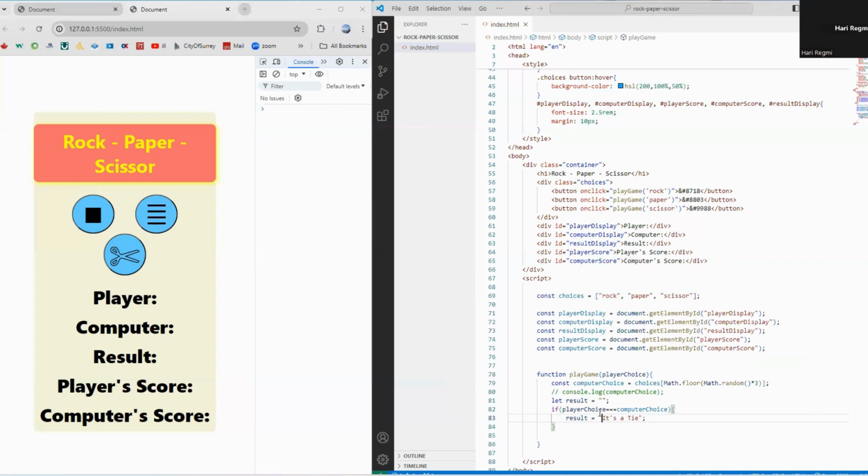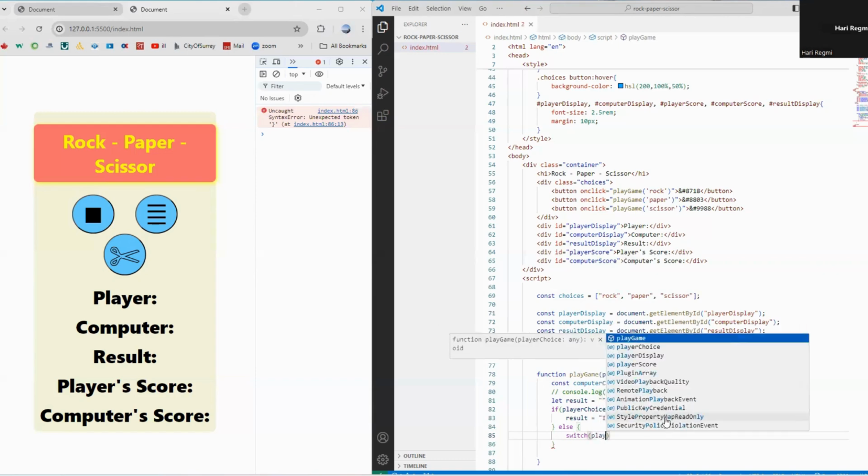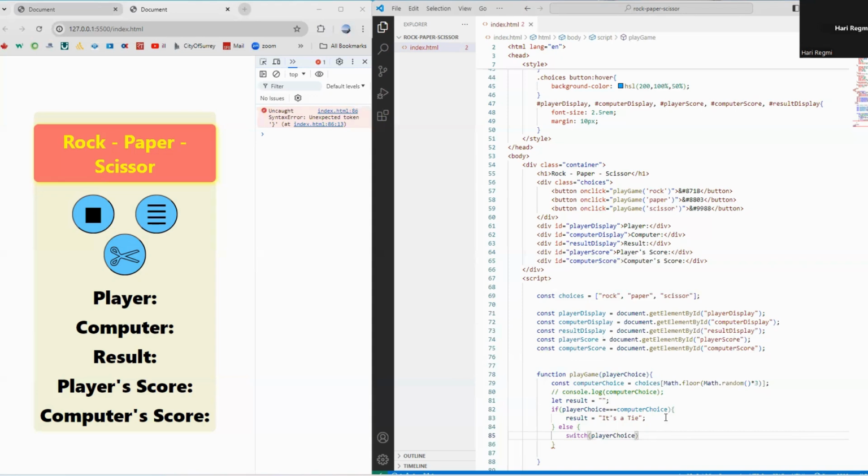There's no other option. If player choice is rock and computer choice is also rock, it's a tie. If this is not the case, now we can use else statement. Else, then I'm using switch here. So you will be used to this. You will get to know. Switch, what we do here is switch player choice. It depends on player choice. Okay. If player choice case is equal to rock,